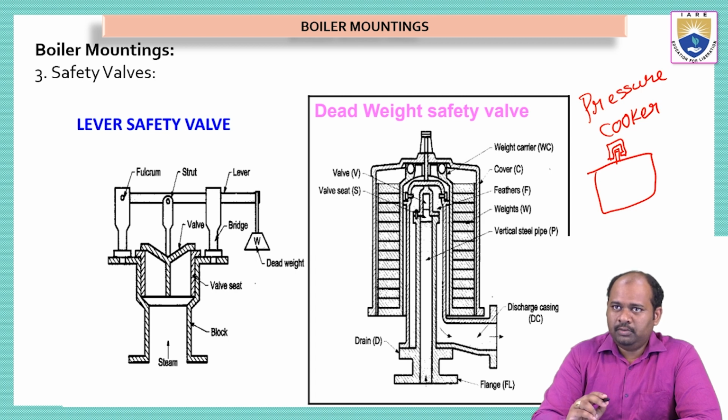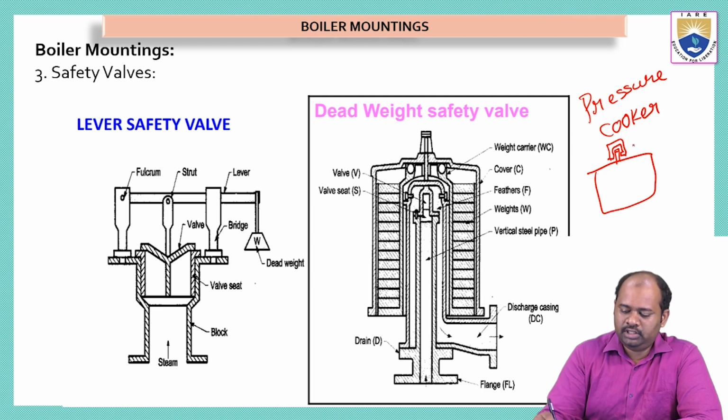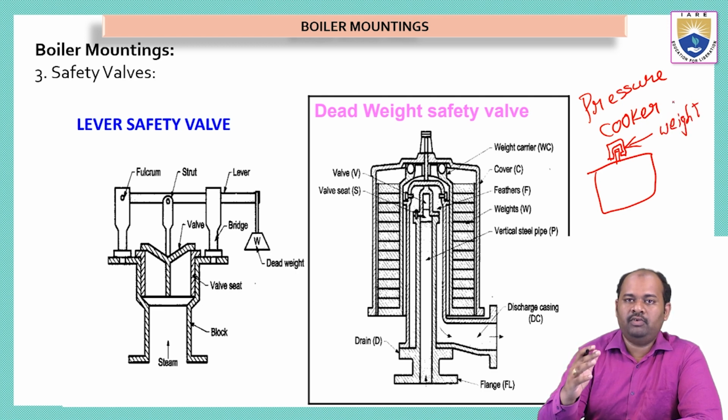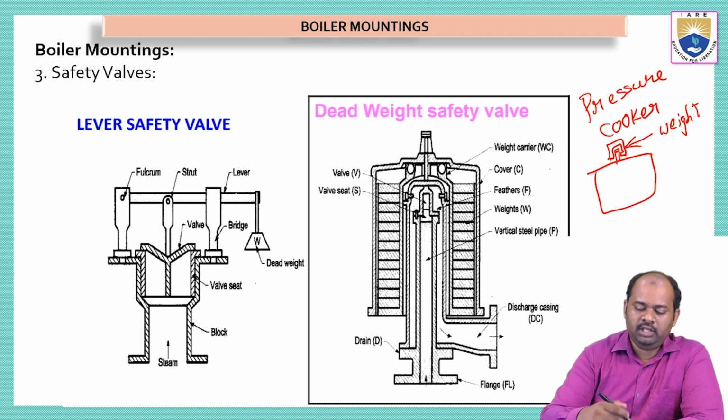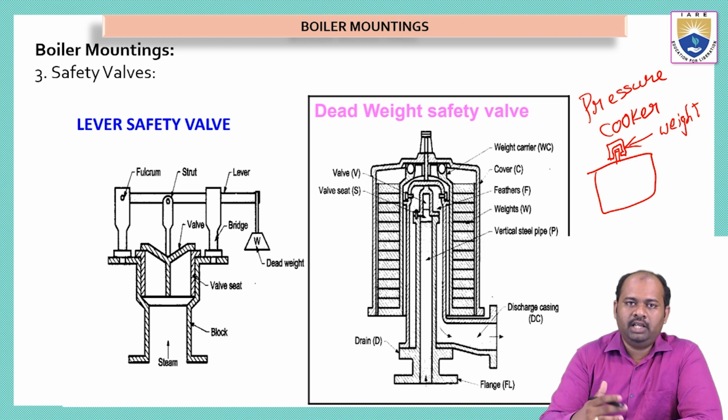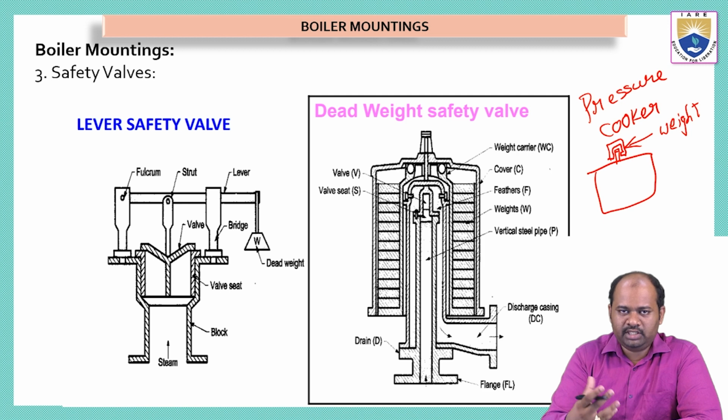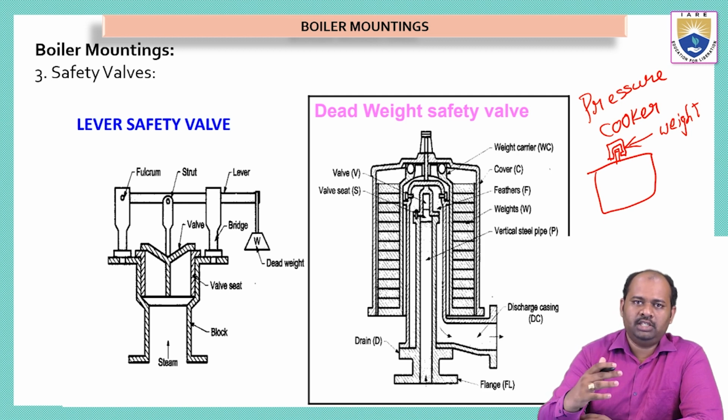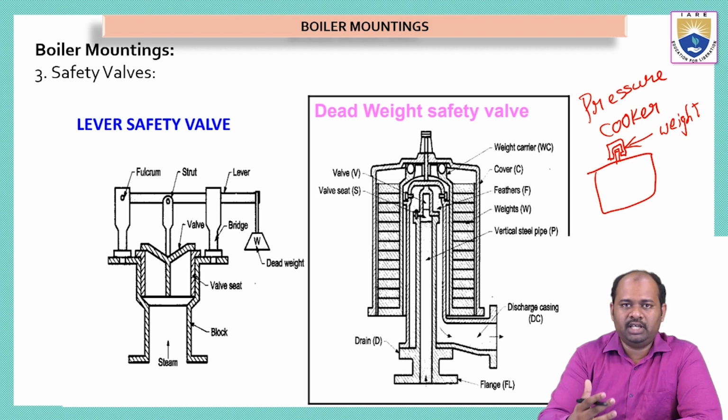Now, very similar to that procedure, this safety valve will work. In fact, this weight is known as the safety valve for the cooker. Now in this condition, we have steam inside a closed boiler. The boiler will produce some steam. When the steam pressure is very high, that means more than the standard value for which the boiler has been designed,